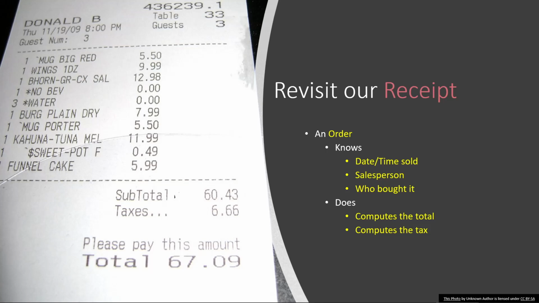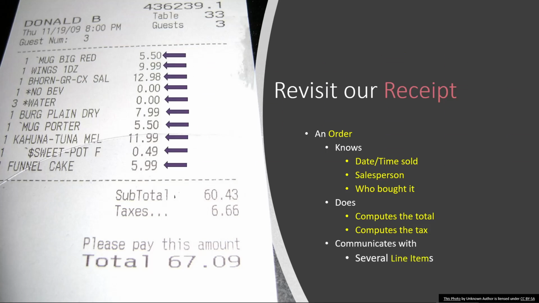the tax and the total, but it also communicates with several line items, a bunch of them out there. And those line items are really, really important. That communicating with those line items is important because that's the real heart of this functionality. And notice we actually are sharing the work here. So the way a receipt calculates itself is to basically go to each line item and say, hey, you calculate yourself. I don't have to do that work all in one place. Each little step takes a piece of the work, which keeps my system simpler and makes it easier to manage